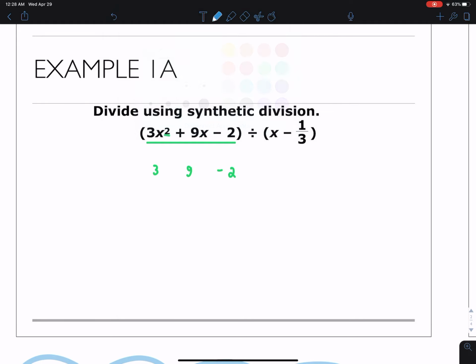And then we have to write the opposite of our divisor. So we have x minus 1/3, which means we're going to write a positive 1/3 inside of the box. And then you leave a space so we can write our numbers kind of underneath there. And then we start our synthetic division process. So first thing we have to do is bring down the first term,